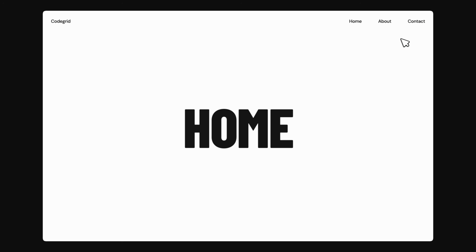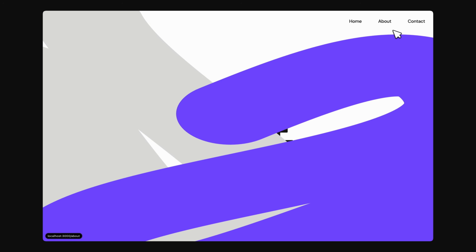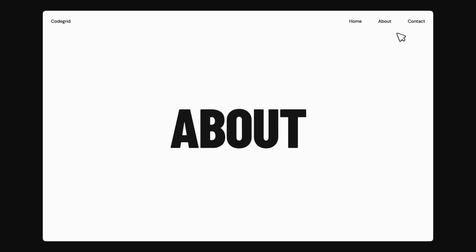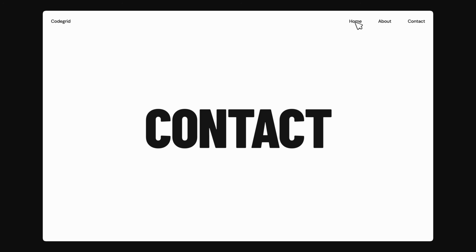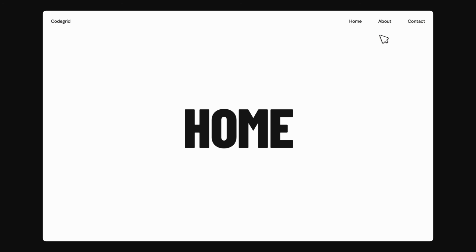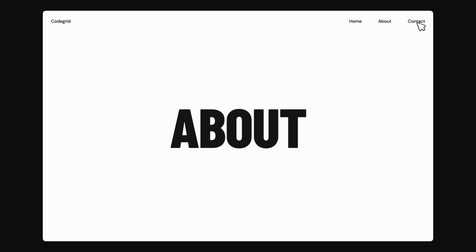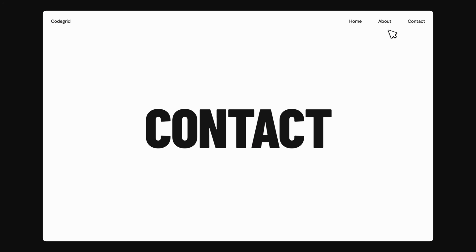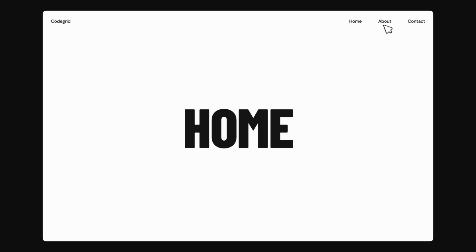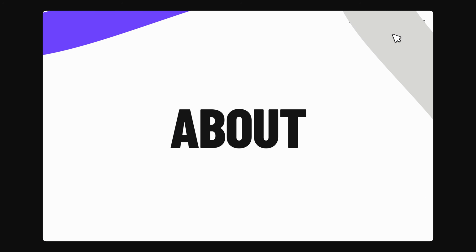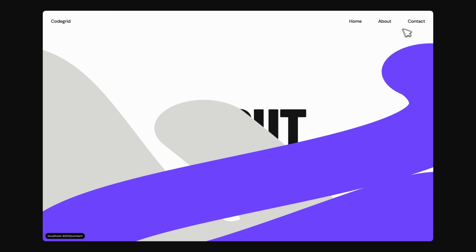So last weekend, I took those same SVG elements and repurposed them into a full page transition effect using Next.js and GSAP. As you can see here, every time I navigate between routes, the SVG strokes draw in and fill the entire screen to cover the current page, and then continue forward off the other side to reveal the new one underneath. It creates this really fluid vibe that feels organic and hand-drawn compared to the typical slide or fade